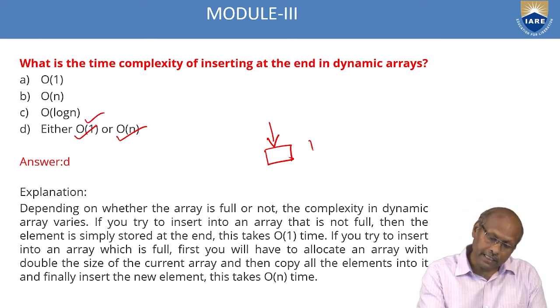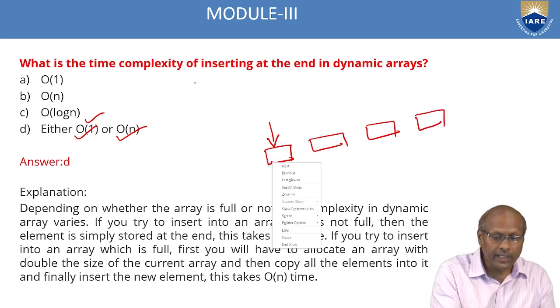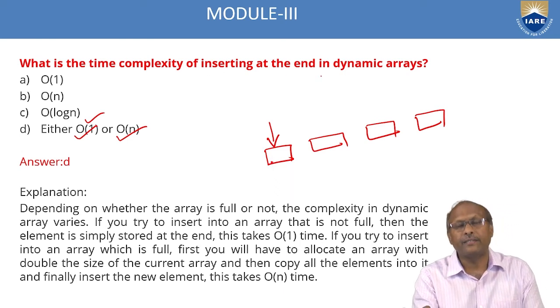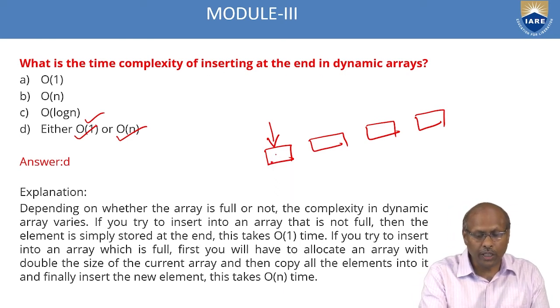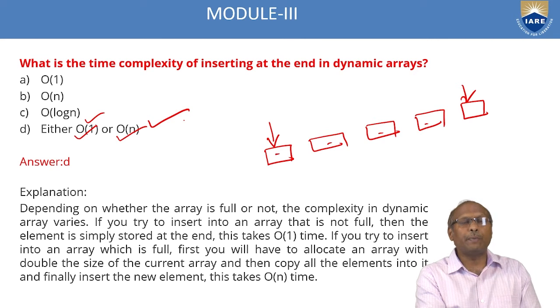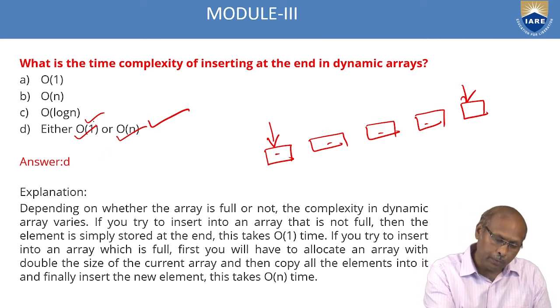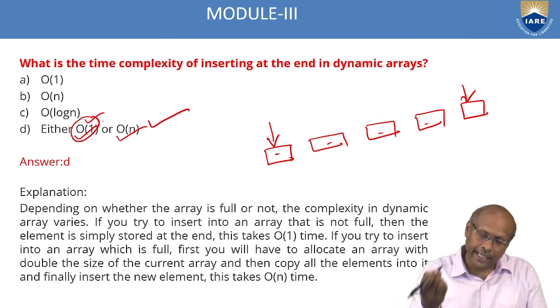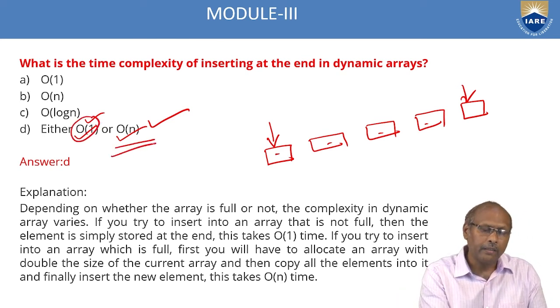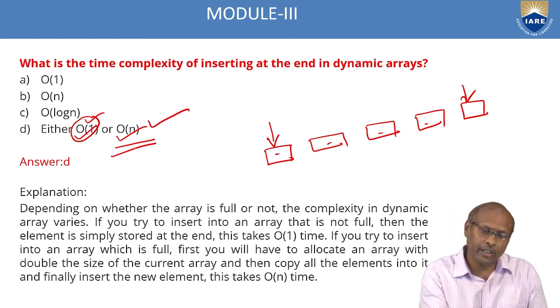Whereas if there is a set of nodes, then you know the starting address. Now the question is, what is the time complexity for inserting at the end? If you want to insert, you have to traverse till the end. So that means it takes order of n. Depending upon the situation, you can answer. If the list is empty, that is fixed time. If the list has some elements, then that is order of n, because n times you need to traverse the entire list. That's why it is order of n.